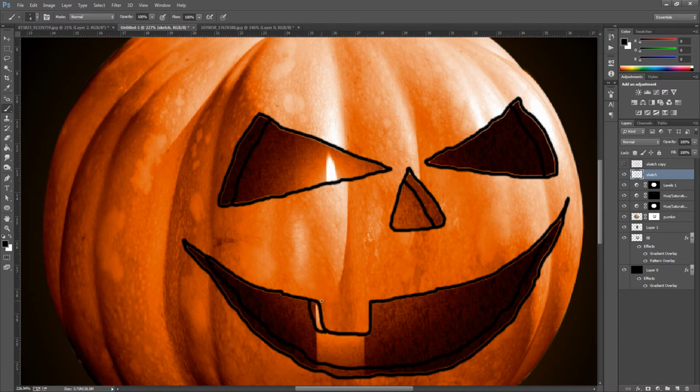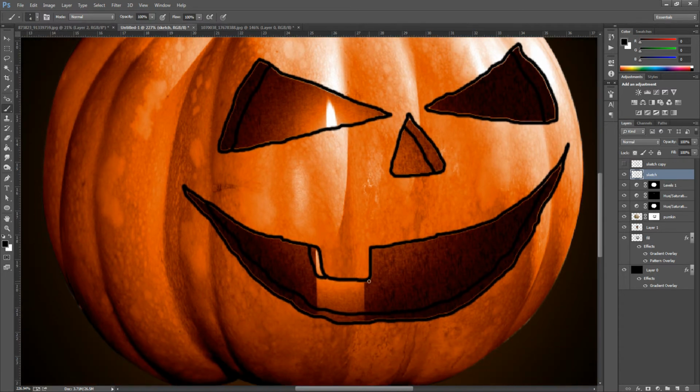So once you have done that and you have got lines like this, this is exactly what we're after. Now I don't need to do this because I've already made my layers, so I'm just going to delete that and bring back. So this is what we're after, something like this, if you can see.